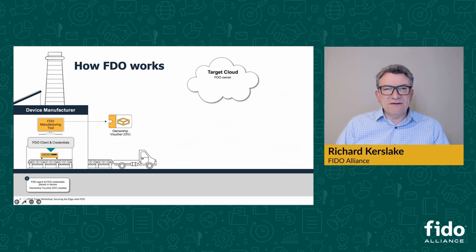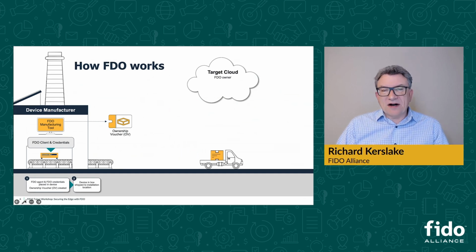Now, this is one of the unique capabilities of FDO. In addition to the credentials that are placed into the device it manufactures, we create this cryptographic voucher called the ownership voucher that basically is a proof of ownership. If you have the voucher, you can demonstrate that you are the owner of that device. The device itself is shipped, be it one, be it 1,000, be it 10,000, and they'll maybe go through VARs or distributors or other people in the supply chain.